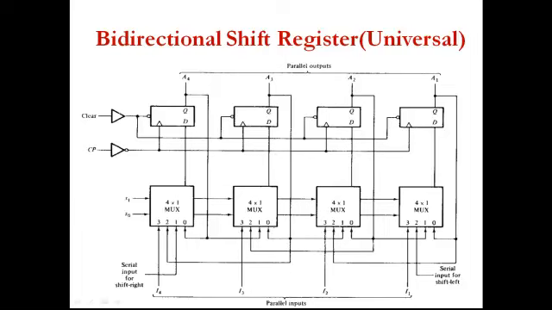So you see here I am giving the leftmost bit, the serial input bit, to this flip flop, and you see this output is connected to the input of this flip flop through the first line. This output is connected to the input of this flip flop through the first line. This output is connected to the input of this flip flop through the first line.